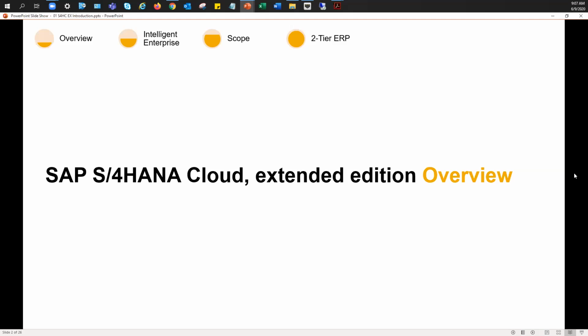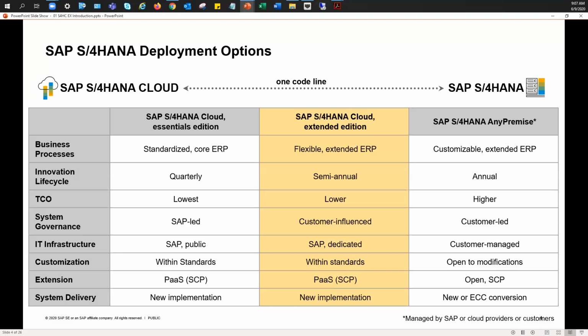Okay, let's talk about an overview and really what differentiates S/4HANA Cloud Extended Edition. Extended Edition actually used to be called, just to give you the naming structure, Single Tenant Edition, and prior to that it was called Private Cloud, because it really is deployed on a private cloud. It's deployed on SAP HANA Enterprise Cloud, which is a private managed cloud, which basically means that there are additional services that SAP provides to support the technical management of the